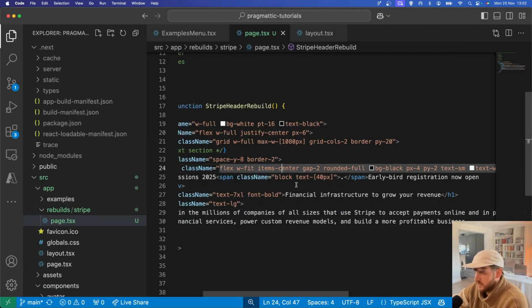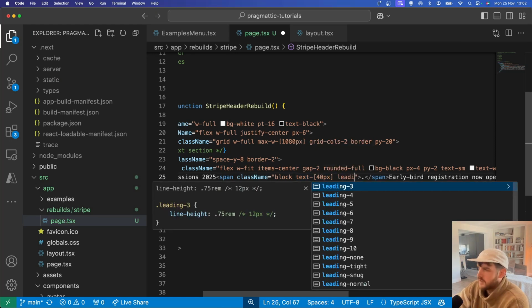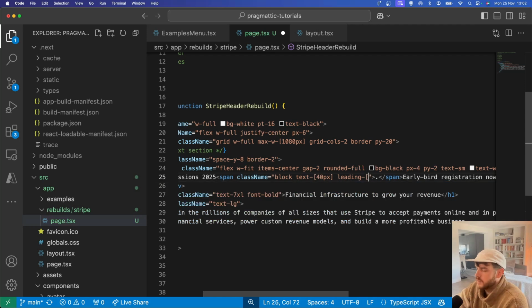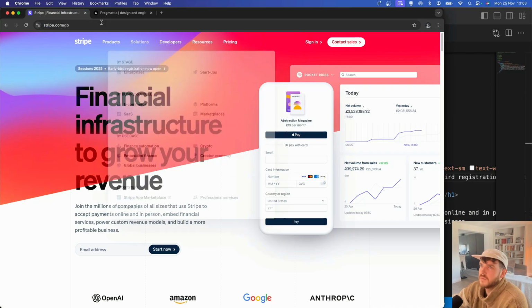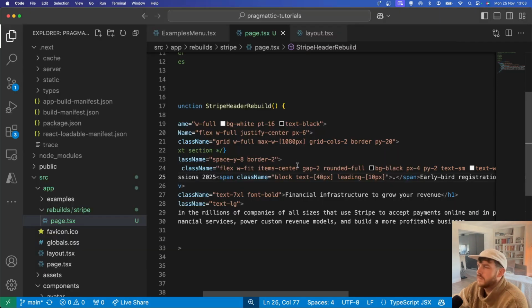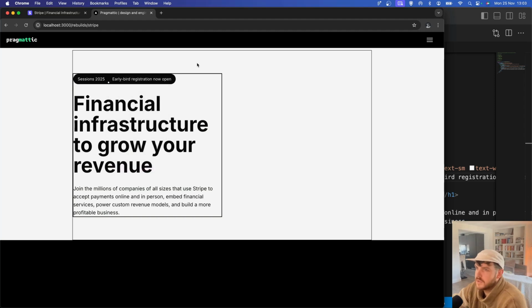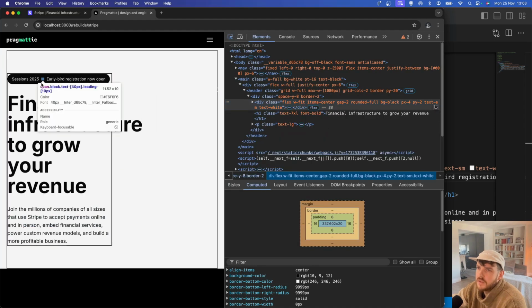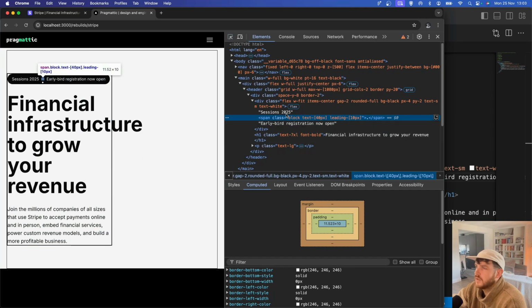So the item center should have aligned it, but maybe the line height on the span is causing a problem. Sometimes it makes sense to just edit things in the here, so